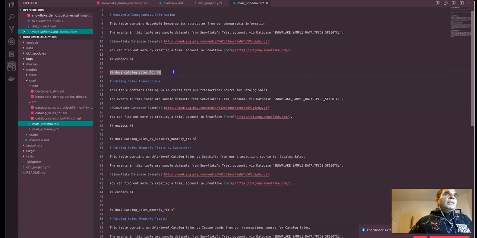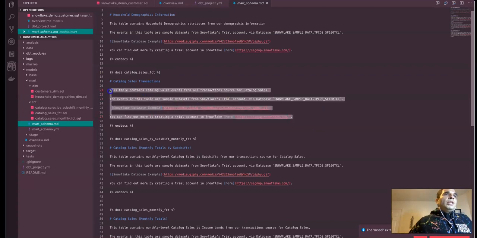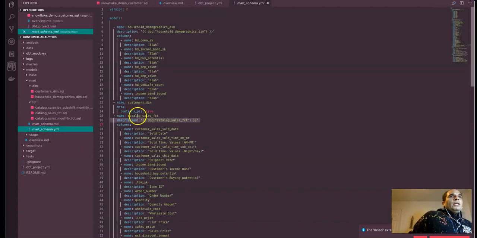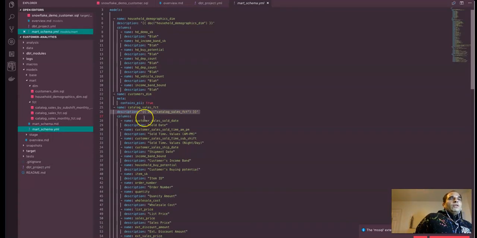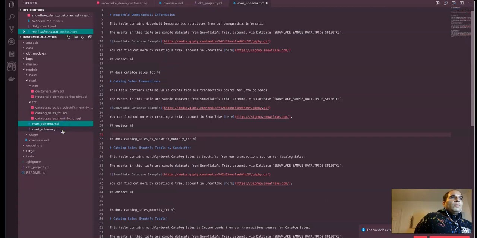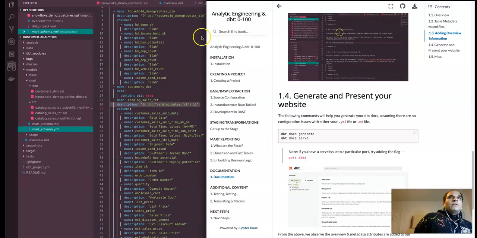tag in reference to the statement right here, and a particular table name, and some associated information in markdown format in the docs as well, and then continue on with the documentation for the particular tables that we have. This way you're adding that information, and then for the particular column descriptions, metadata, etc., we go into different indentations to add that metadata as well. So that's pretty much it